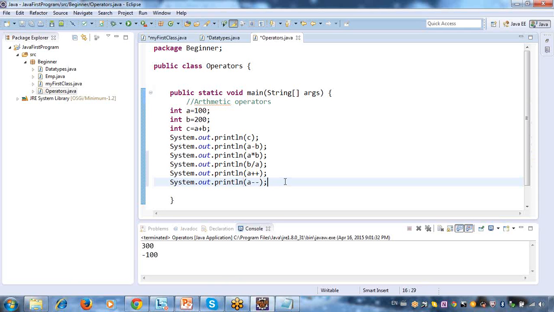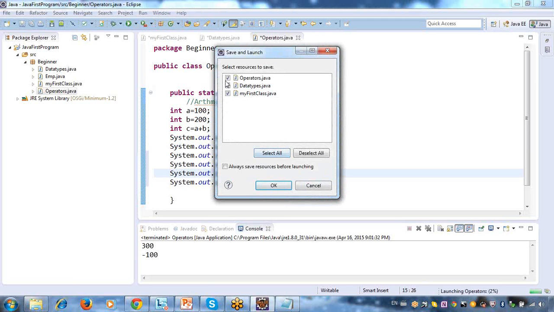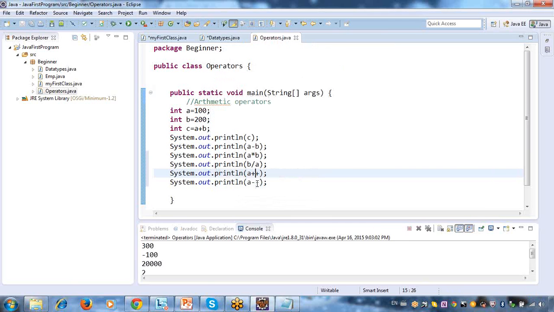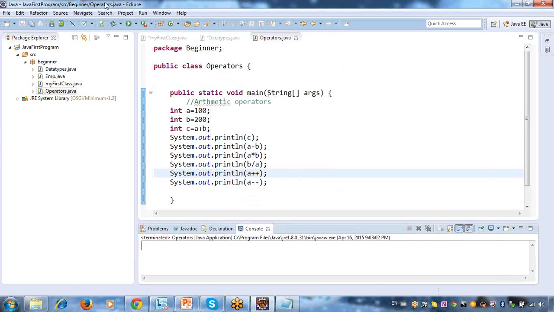My a value is 100. If you want to increment that value, by default a plus plus means the value will be incremented by one. Now when you run this, it will be incremented, decremented. Let me clear everything and run once again.